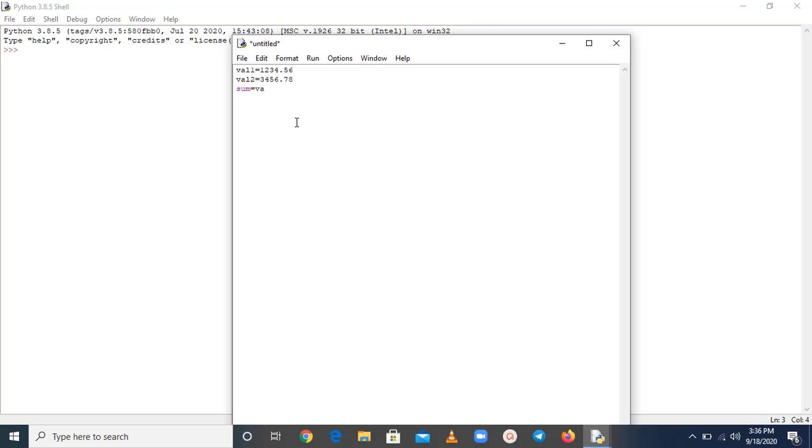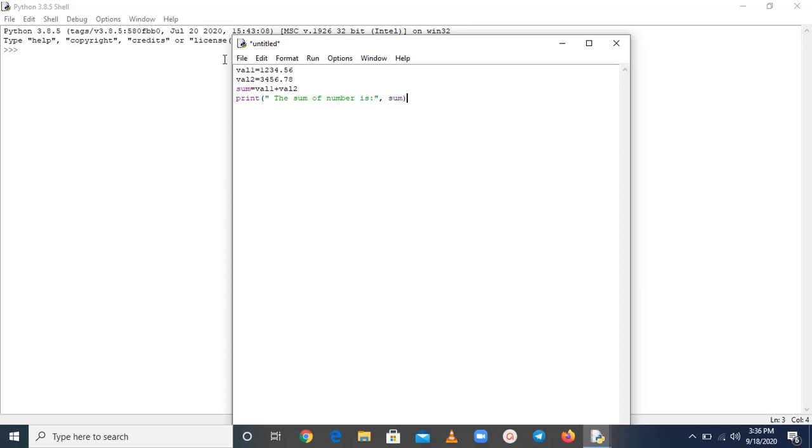Just write the sum, and to display the value you have to use print, and here you can write some message, the sum of the numbers is, okay, and just pass sum.